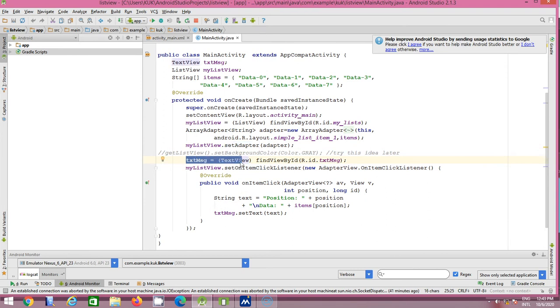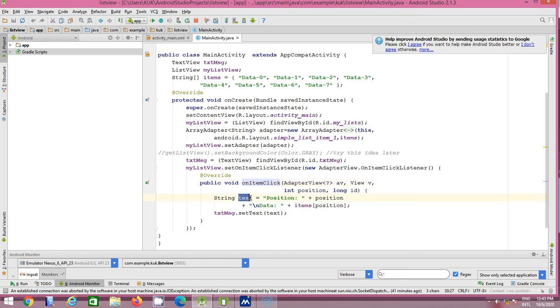So text view findViewById R.id.text_id. Now when the user clicks on any item of the list, the value will be displayed in the text view. For that, for the list view we have used the function setOnItemClickListener. When the user clicks any one of the items in the list view, the listener function onItemClick takes 4 arguments: array adapter view, position and id.